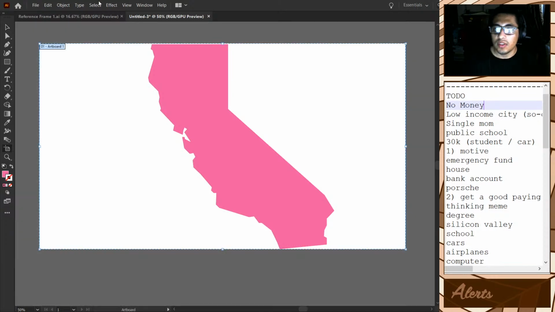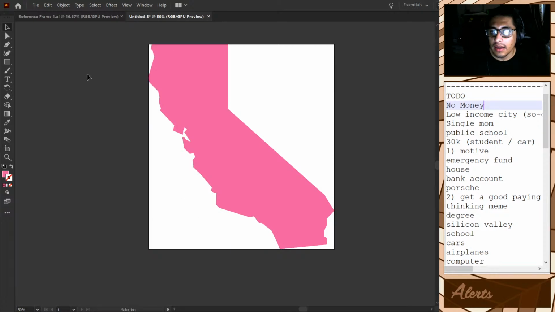Then we do Shift O back here to the settings. When we click enter after the Shift O, we just click enter immediately. It pops up this thing called artboard options. Then on preset, we go to fit to artwork bounds. Click OK. Bam. Save this. Save as. Make sure that we put it on the, for me, California.